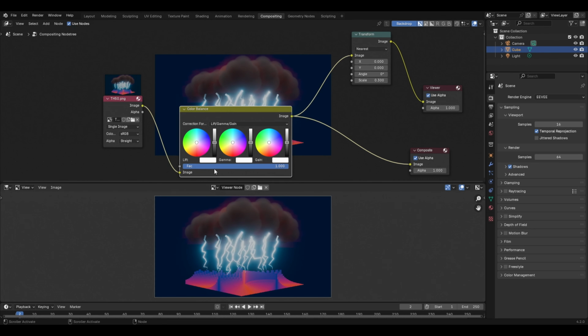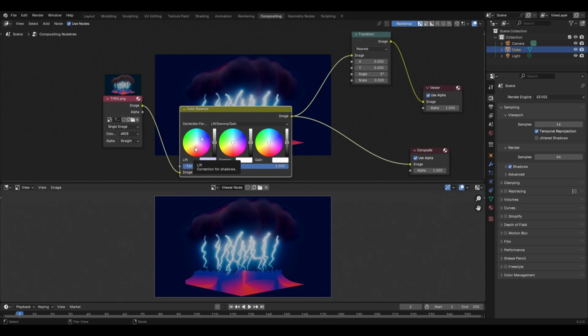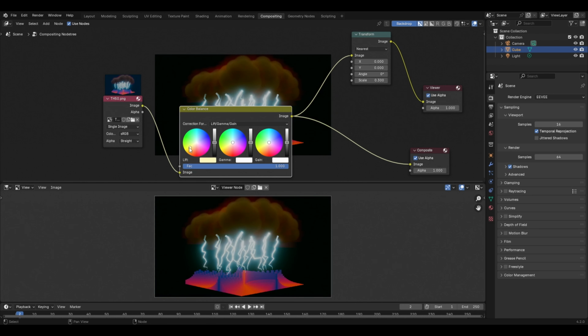Now if I go to the first option, which is the lift, and try to change the color in this color wheel to something like the green color, then you will notice that the maximum effect of this color correction will be seen on this background and the clouds, and that's because they were more like the shadow regions or the darker regions in the image. You won't be able to see much difference in the lighting of the image. You can try the same with other colors also, like the blue color or maybe the red color. The change in the color will be observed much more on the darker areas like the background and the clouds.